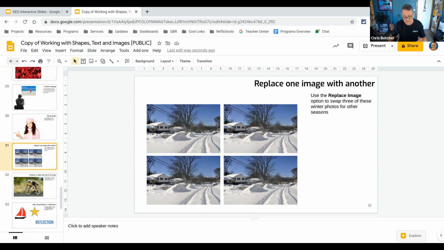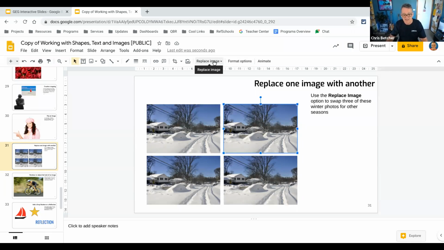I often want things in nice, neat grids. One trick you can do is, if you're using images, instead of having to resize all the images and get everything to a grid, just start with one image, duplicate it, so Control drag, grab them both, Control drag, so now I have 4 images, and then instead of trying to put 4 different images in and adjust them all, I'm going to go to one of the images here and go up to the menu at the top that